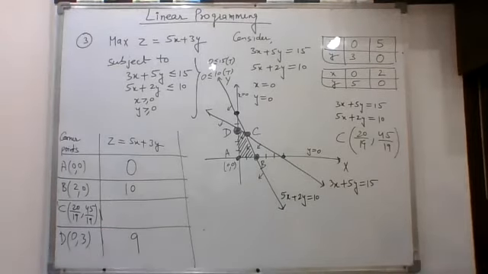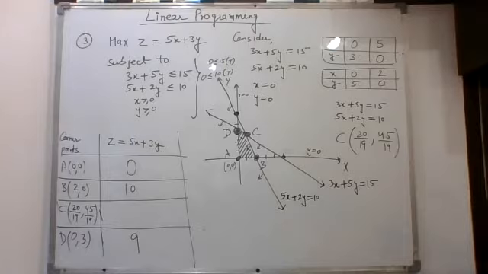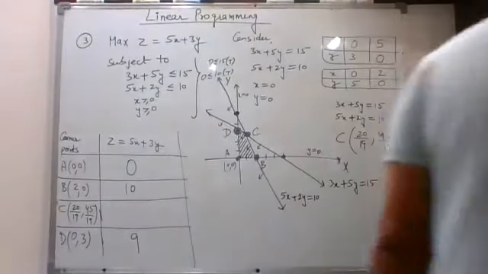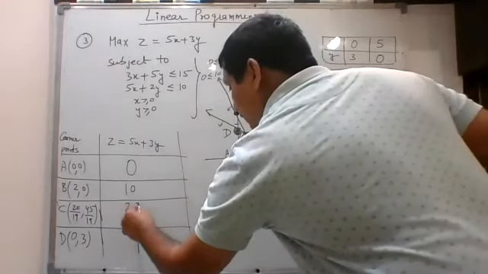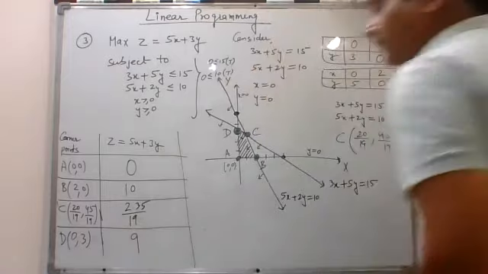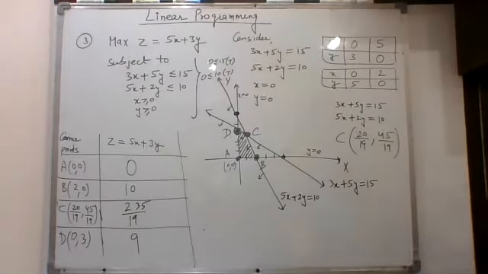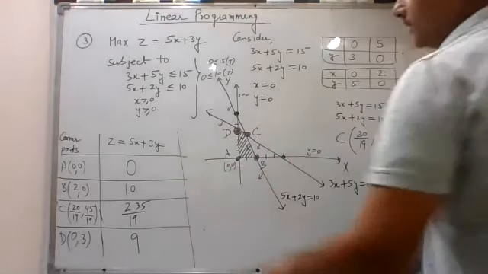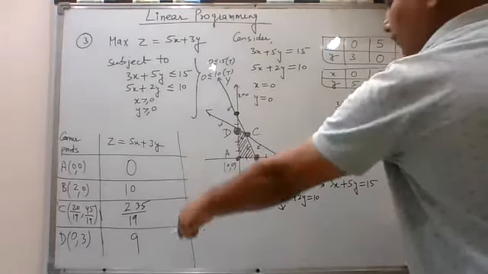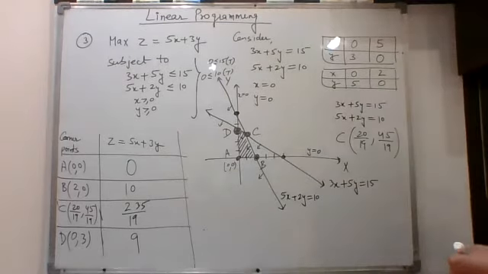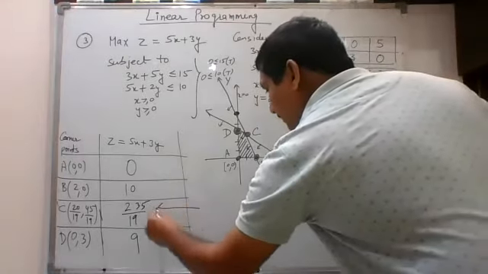So for this point C, just do the calculations yourself. Just substitute the values over here. After calculations, you can check that this will be 235 upon 19. We are just putting the values of x and y in the objective function. Now, these are the 4 values this objective function is attaining. We are looking for the maxima, so out of these 4 values, you have to see where the maximum is. So this is the maximum value.